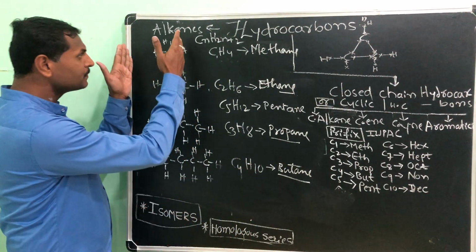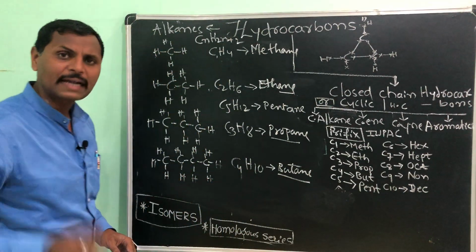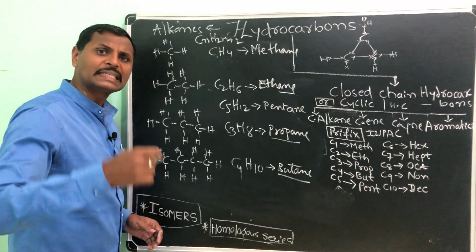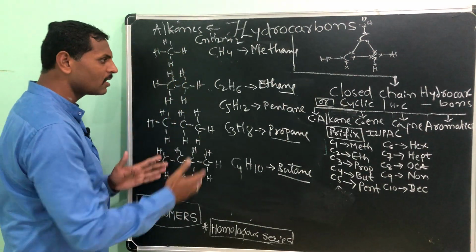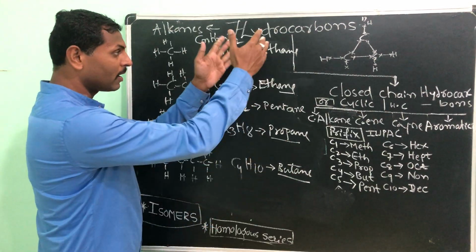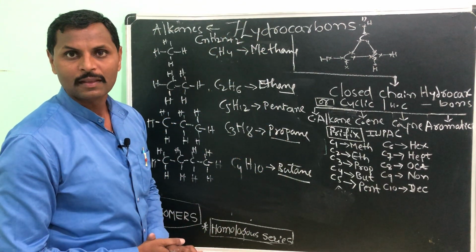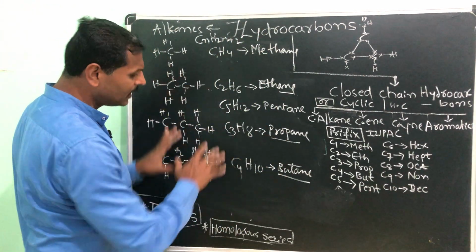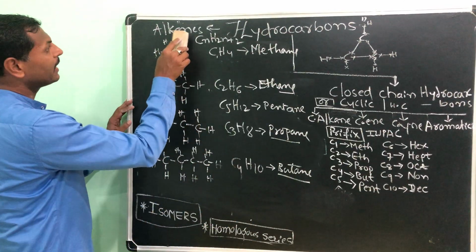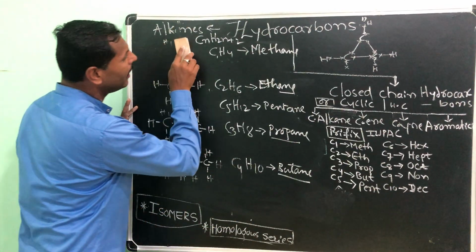So like this, take down the structural formula, practice it at home, or do some exercises on this. Write the structural formula, write the molecular formula, write the name of those. Understood? So these are all the alkanes. Let me come to the alkenes now.